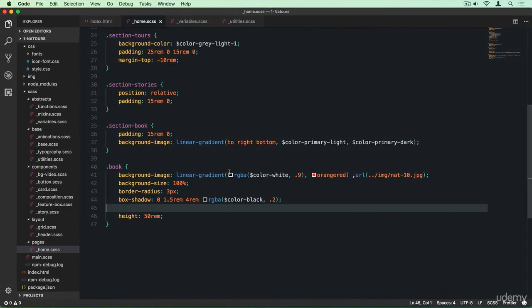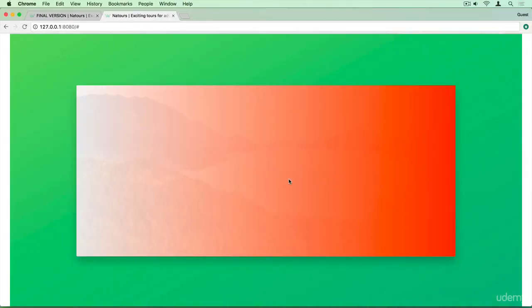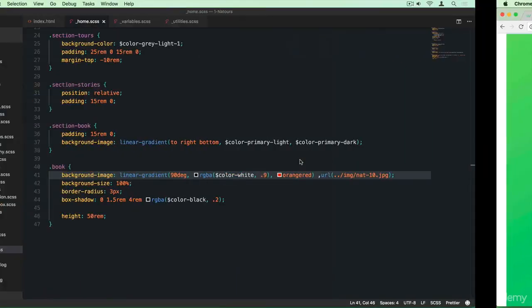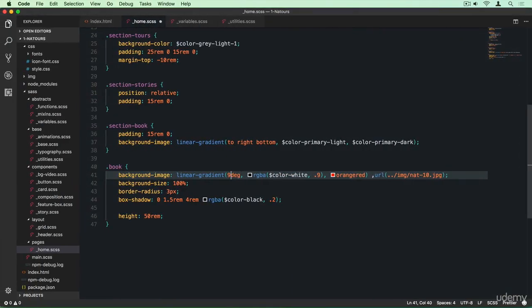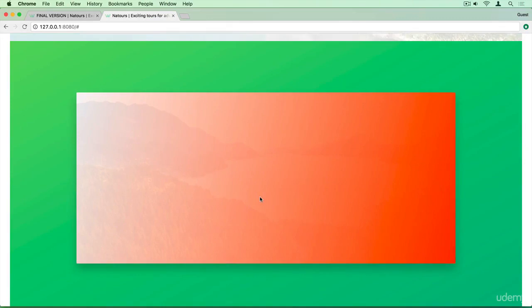But something else we can do instead of doing that is to specify an angle. So if we say, for example, 90 degrees, then instead of going that direction it was going, it will be now rotated. And so 90 degrees is basically going in the X direction. So the gradient is going from left to right. But we can change that and put, for example, 105 degrees. Okay, then it looks like this, which for now looks pretty much the same,